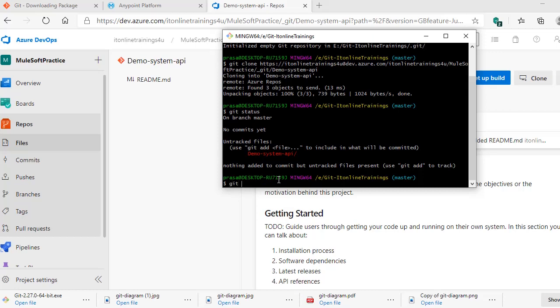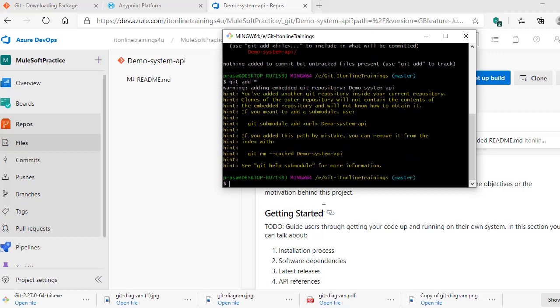To do that, you can use the git add star command. It will add the uncommitted files to your local repository. Add star will add all the files to your local repository, or you can use git add dot.